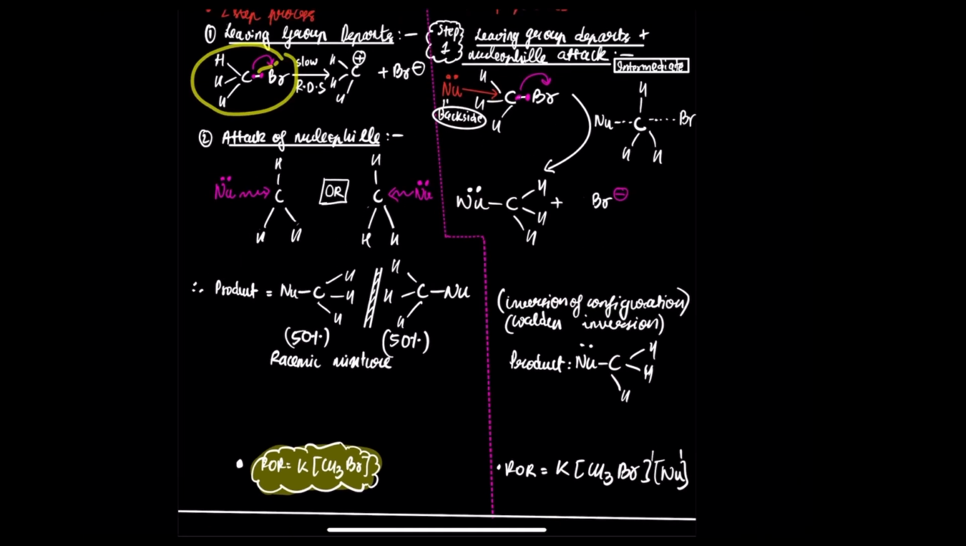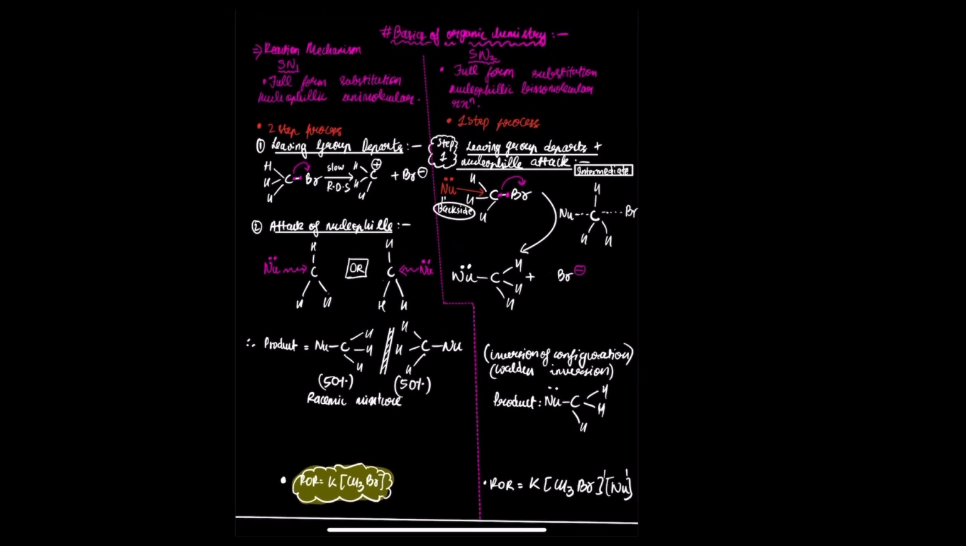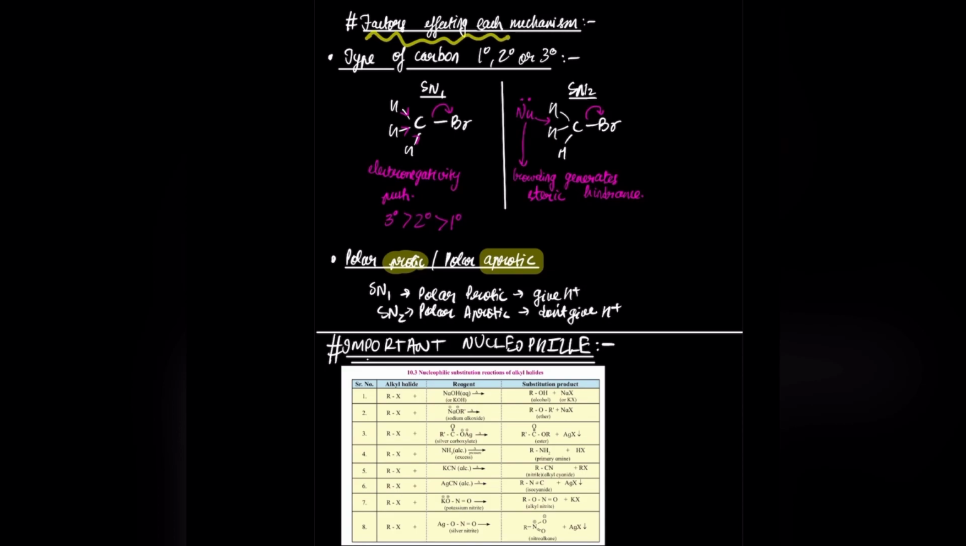So now let us move on to the next slide. Now I'll be discussing the factors affecting each of the mechanisms. So in case of SN1, we had the leaving group departing first, meaning that the bromine will leave first and then the nucleophile will attack. So this basically means that if there is a high electronegativity supplied by 3 carbons, that will be more preferable than having 1 carbon, as more electronegativity supplied by the carbon means more repulsion to this bromine and more easy departure of